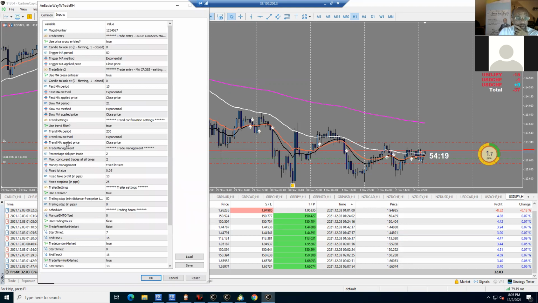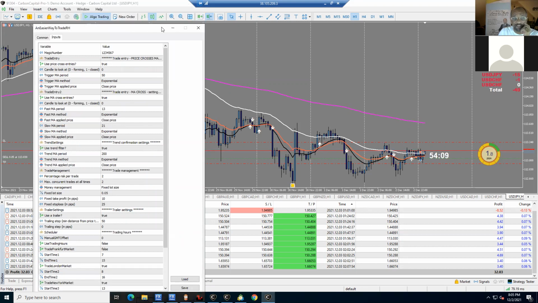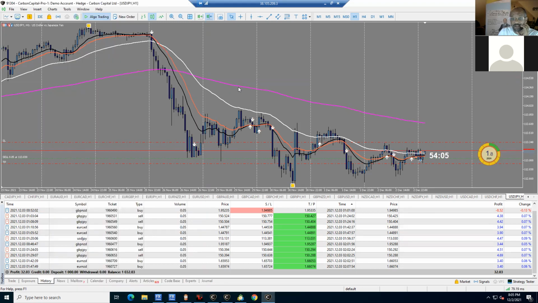But then we have the trend filter, and let me explain to y'all what this is. Price cross entries and MA cross entries. I wanted both of these to let people decide what they wanted to do. Price cross means whenever price crosses your MA, it takes that trade. So if I'm looking right here,